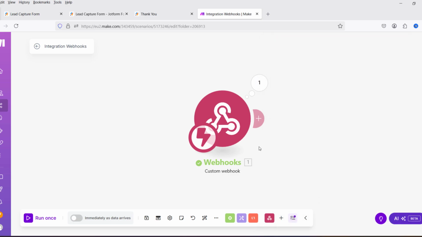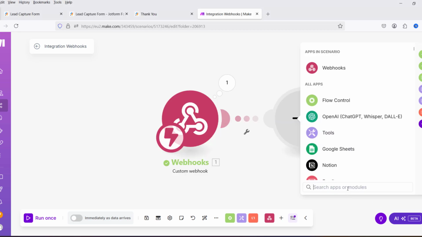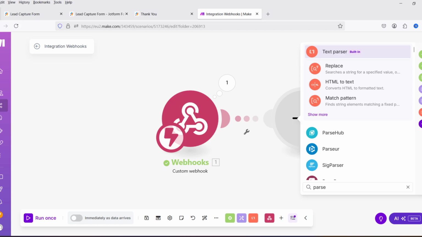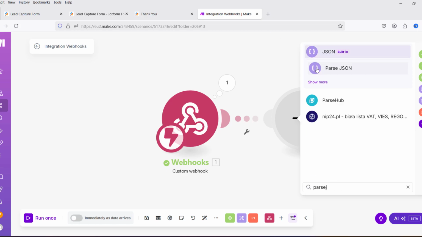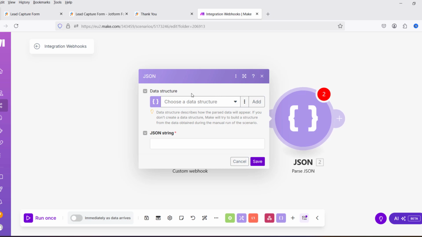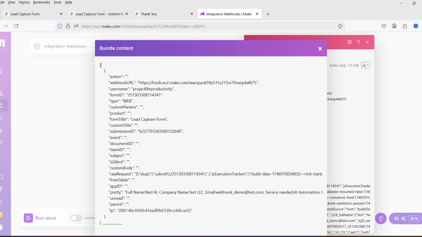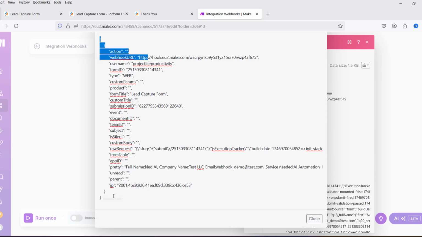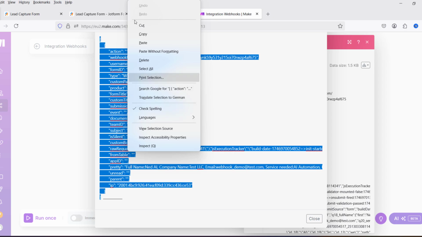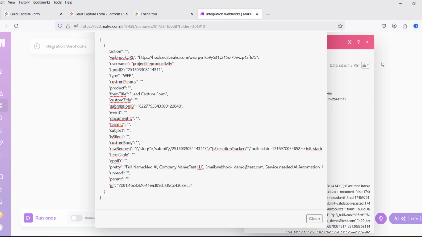Let's continue with our integration. So now we need to consume this data. So this is what we're gonna do. We're gonna parse this JSON output, as this data will be coming in as JSON. Now we need to know which data structure it will be. So we go back here and we will hit the download output bundles. So this is the output from our webhook data that we sent. Just copy this output because we need this to be automatically structured in our JSON. Copy. And let's go back to our